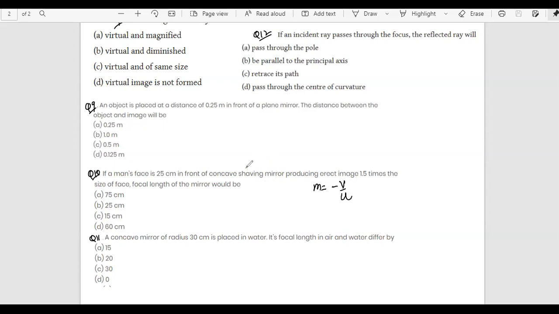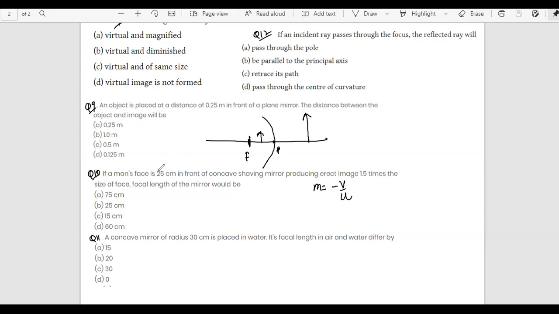And we have the concave mirror. When it is being used by the dentist or for shaving purpose, then we assume that the object is placed, because we need to see our face in it, or the dentist needs to see the tooth, so the object is brought so close that it comes between focus and pole, so that the enlarged image behind the mirror is formed. So we can see our enlarged image behind the mirror.